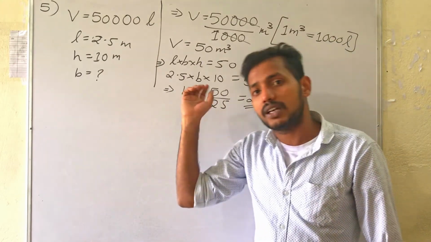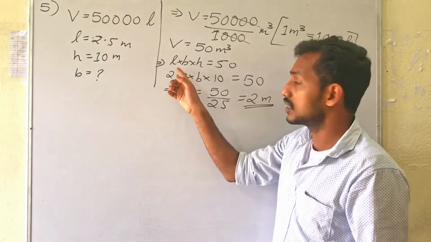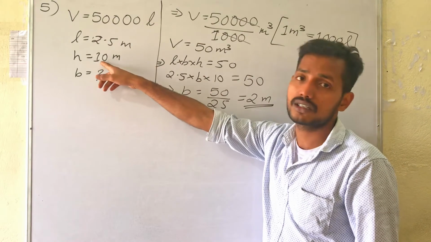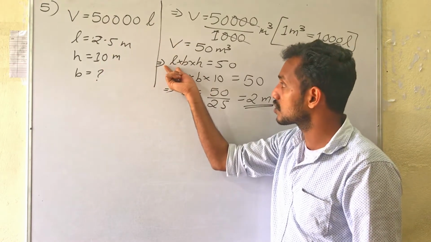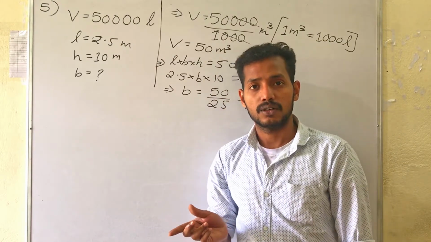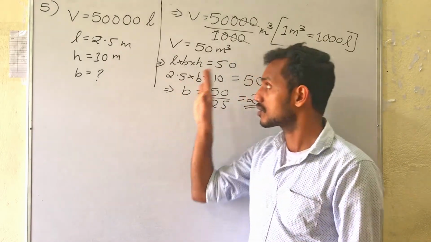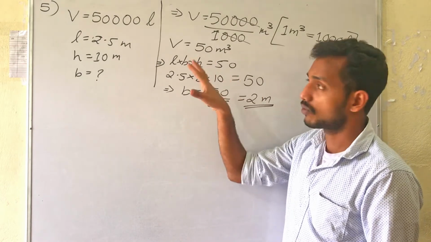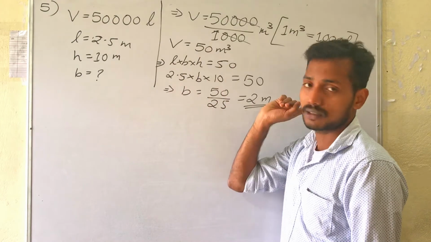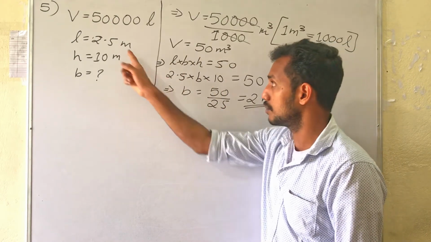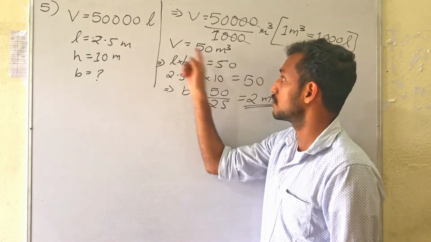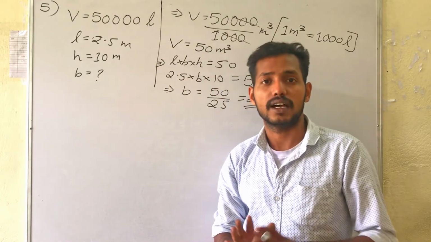Whenever you substitute the values of given quantities in an equation, if the quantities are given in different units, then the answer will go wrong. So that is a very important thing. Whenever you substitute all the values of quantities, make sure that all the quantities are in the same unit. Here length and breadth are in meter. Here we converted volume into meter cube. The units of the dimensions should be the same, otherwise the answer will be wrong.